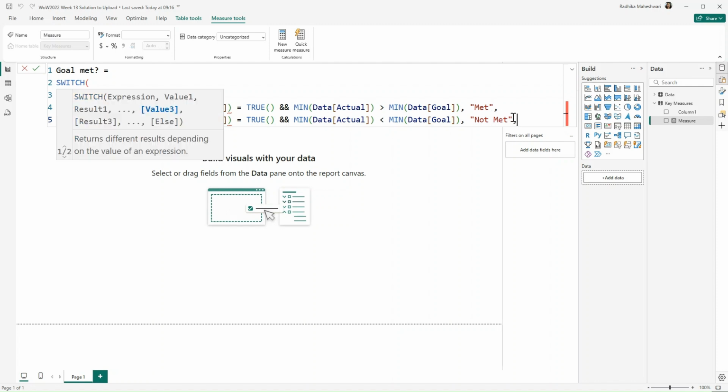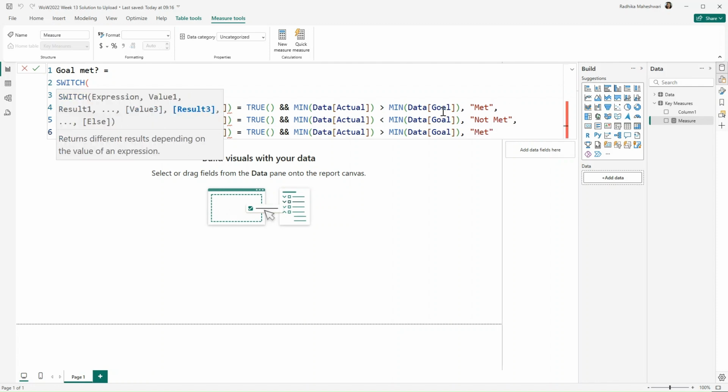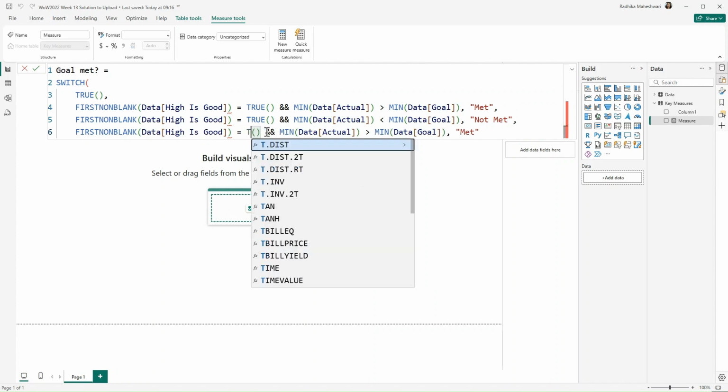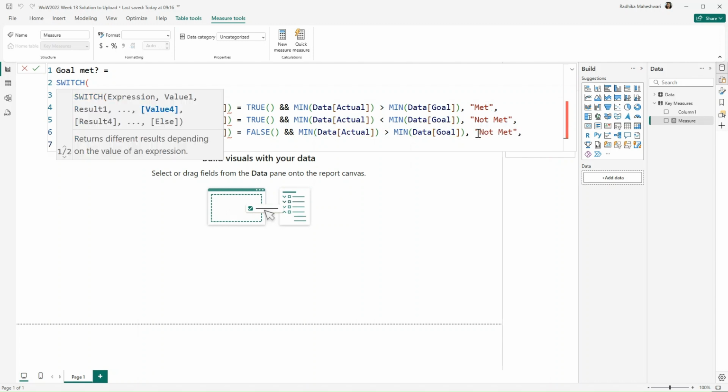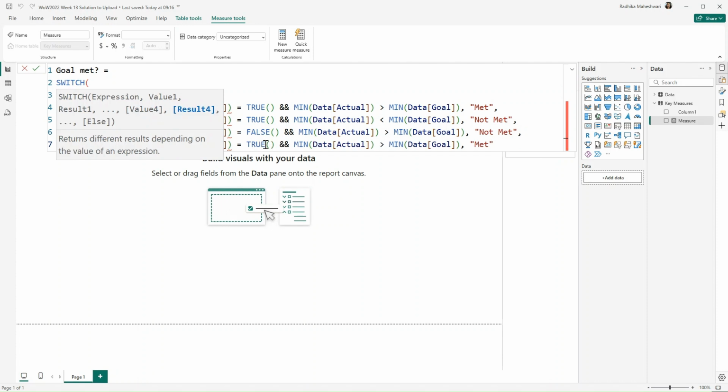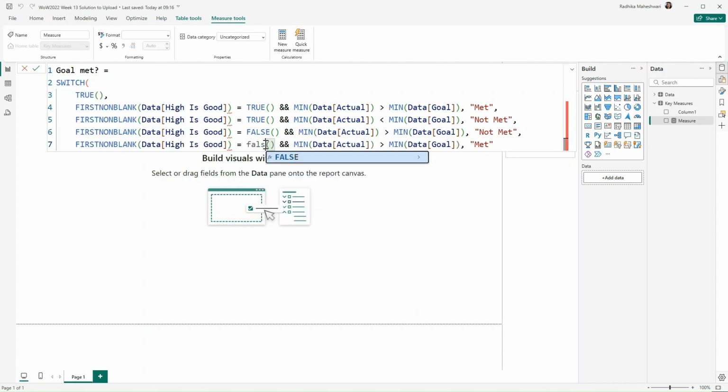Then the next condition would be if this is false and actual minimum is greater than actual, then again it is not met. And lastly, if this is false and it is opposite, actual is less than goal, then we say it is met. And now I'm going to close the brackets.